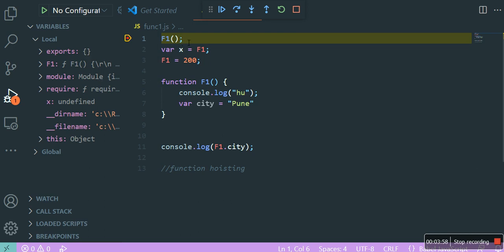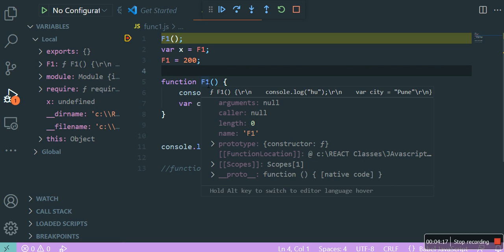And line number one is not executed as of now. It is yet to be executed. Line number one has not run yet, it is about to run. Okay. So I am going to call F1, and before that I'm just hovering my mouse over F1 to see what it is.